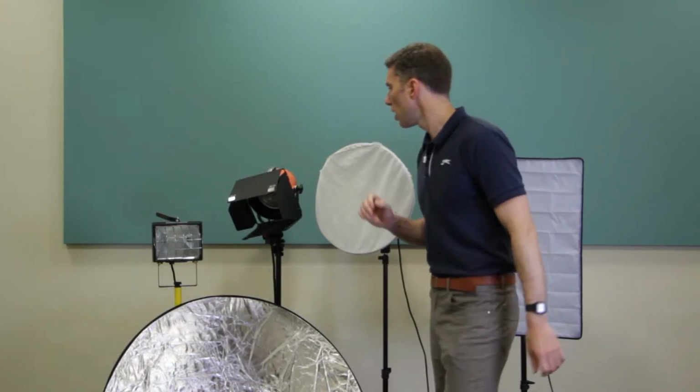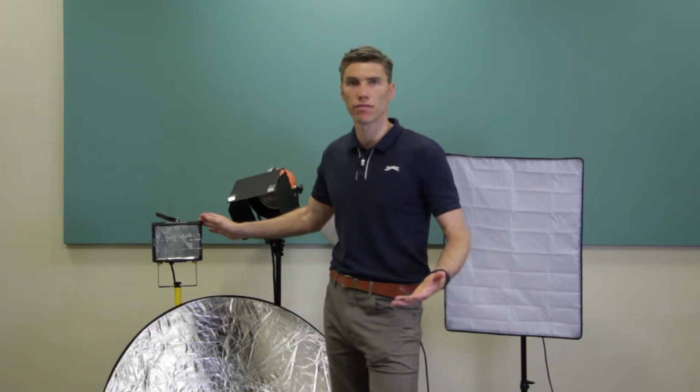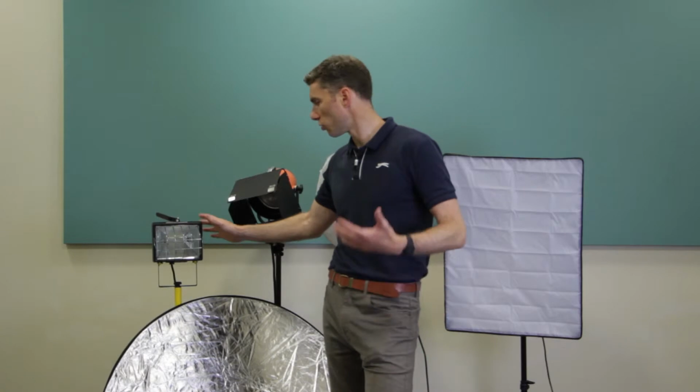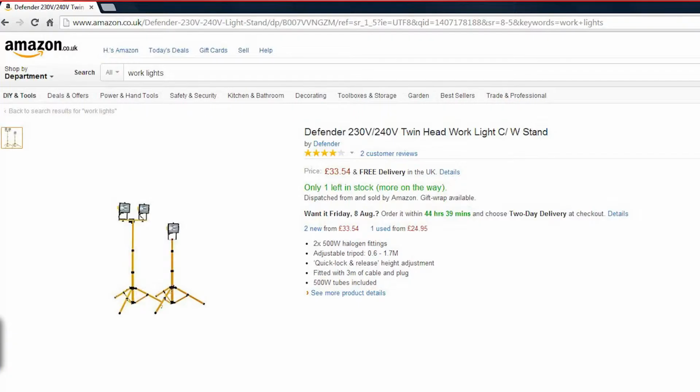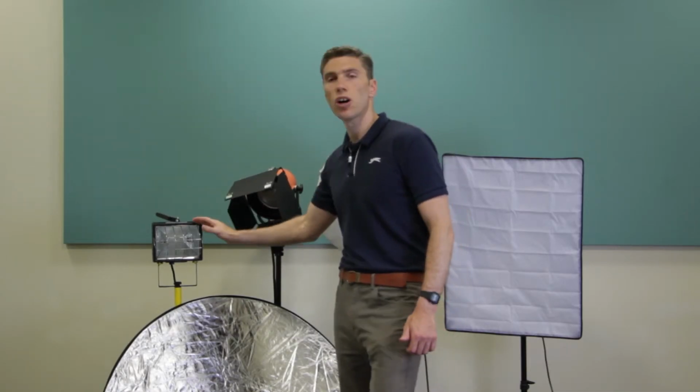Okay, so here are some cheap low-end lighting options. Let's start with the halogen lamp. Now this is just a work light and it's not really meant for video productions or making movies, but it is pretty good. It offers a lot of light. It's about 500 watt, I think, this one. It's very yellow coloured light, very harsh, and it's got no barn doors like this, so you can't control the